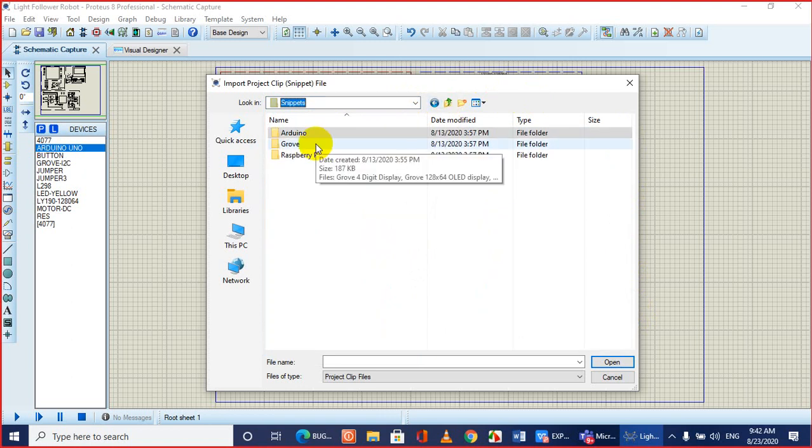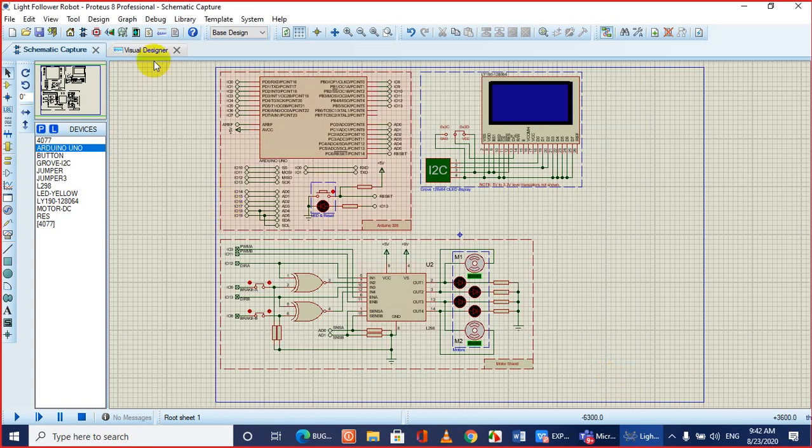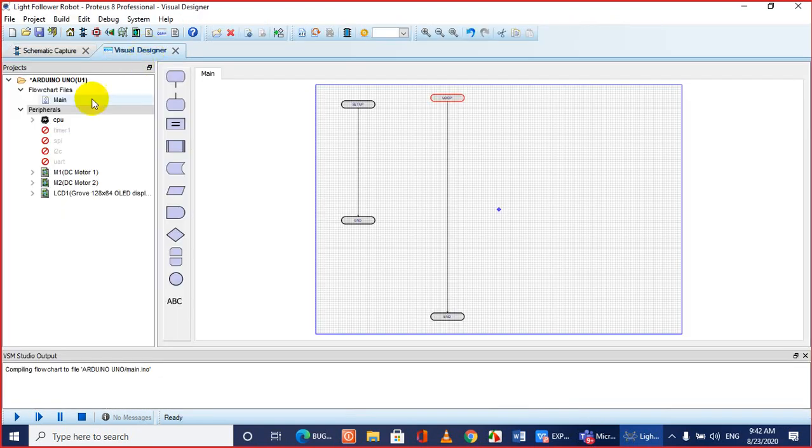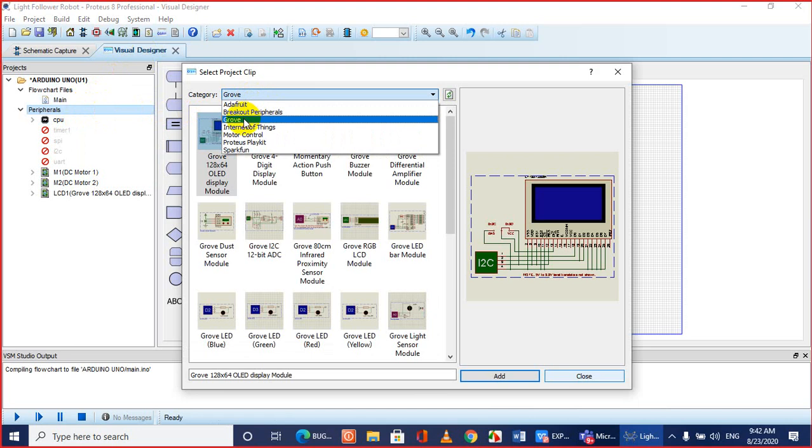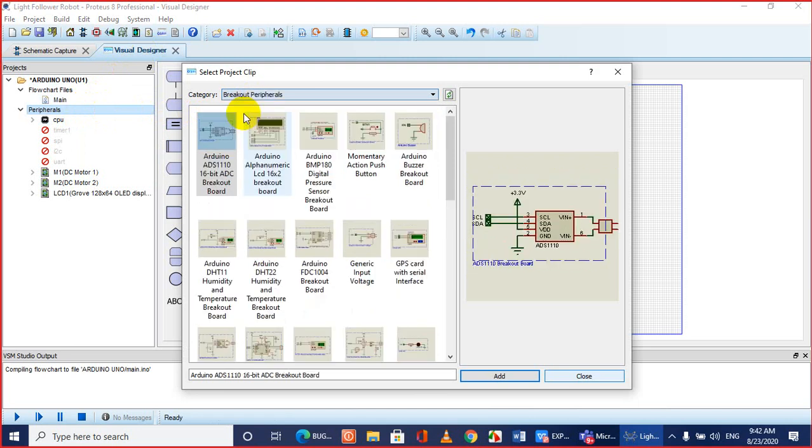You can go to the visual designer, right click the peripheral, add peripheral, then you can choose the group module or breakout peripheral. Let me check. Okay, breakout peripheral, if we can find the LDR over here.